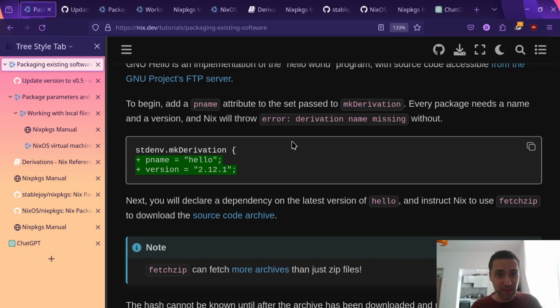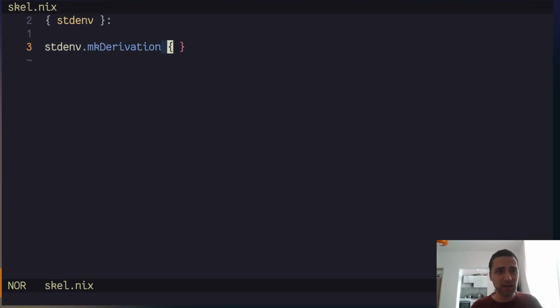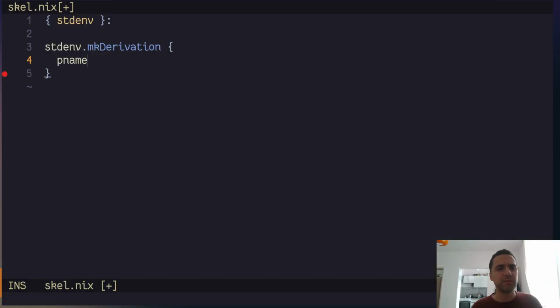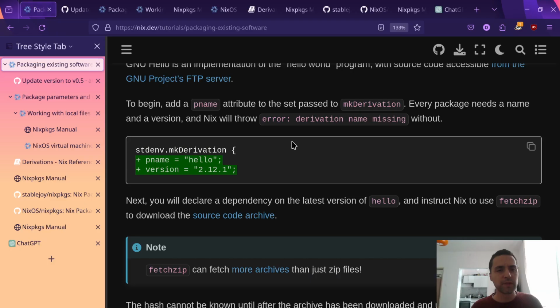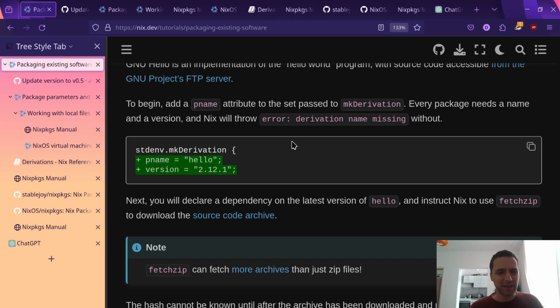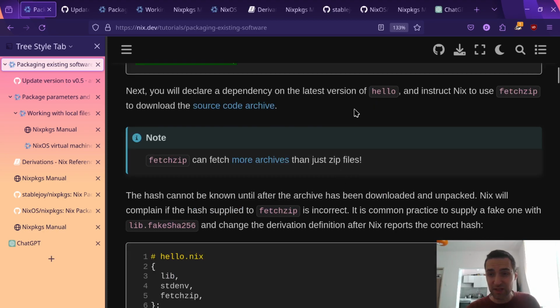scale.nix, and we're gonna now, oops, what am I doing? We're gonna now add pname. Pname is Hello, and version is 2.12.1. And next you will declare a dependency on the latest version of Hello and instruct Nix to use